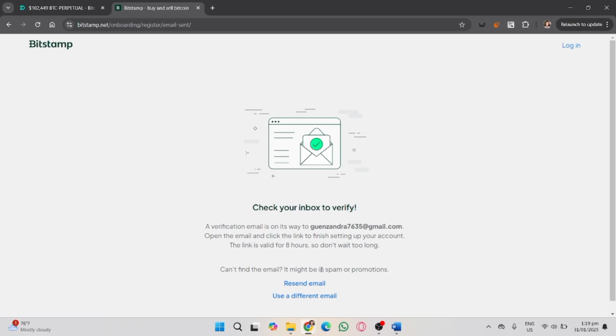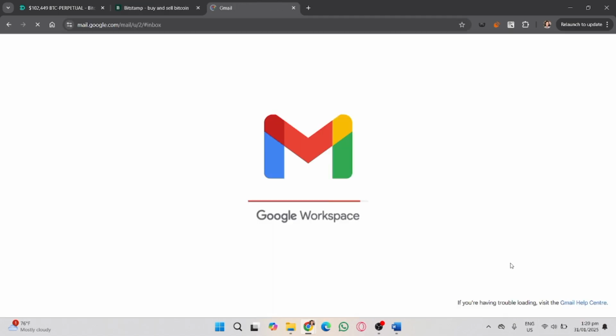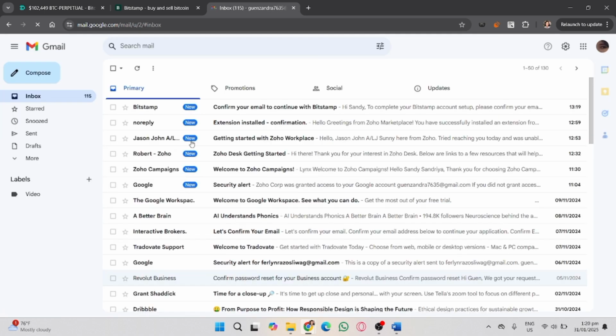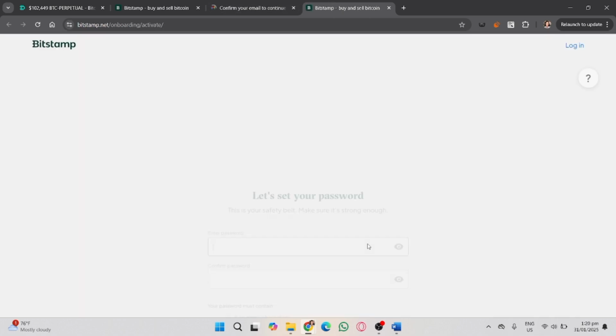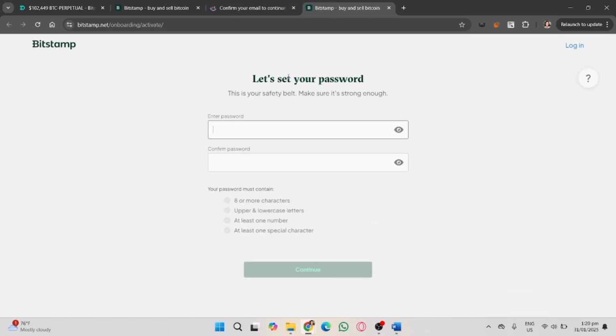After that, they will send you a confirmation email for your Gmail. Head over to your Gmail account and check your inbox. You can check your spam if you couldn't find the confirmation code. So after that, it will redirect you to another page, and they will ask you to create your own